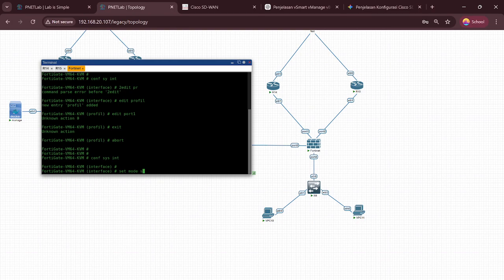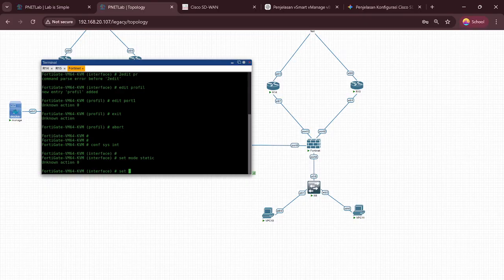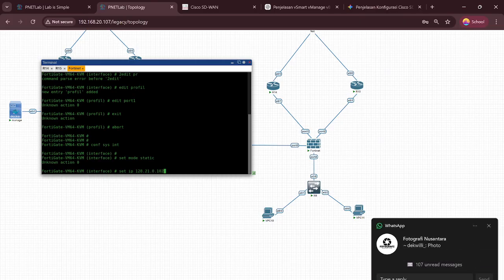Okay, now set mode static. Set IP 138.20.0.2.